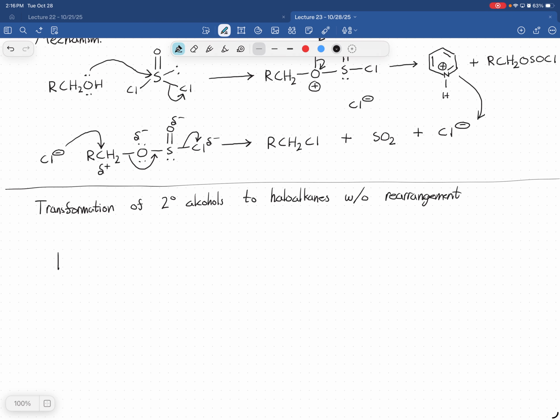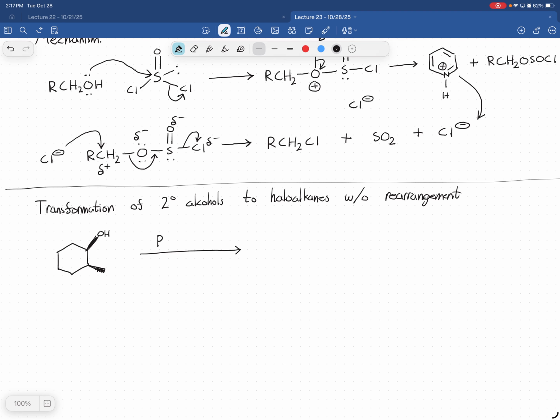Say we have this secondary alcohol, and it's nearby a tertiary position that you can rearrange to. That's not ideal, so there's another reagent you can use. This is called